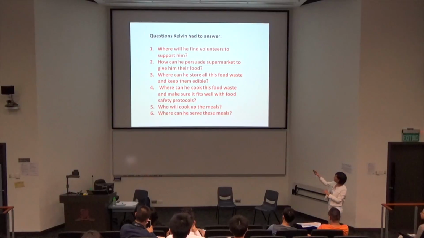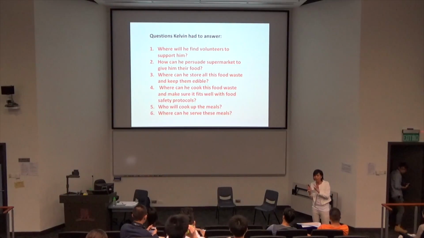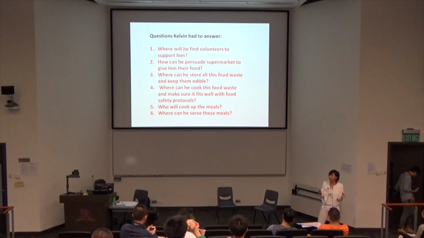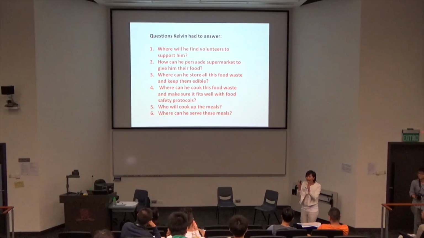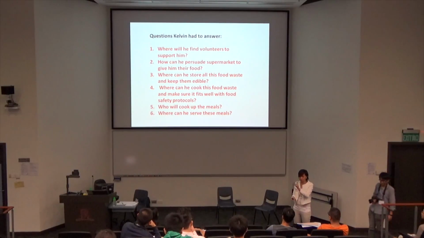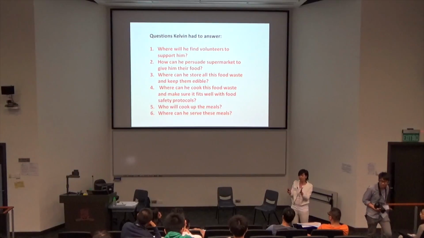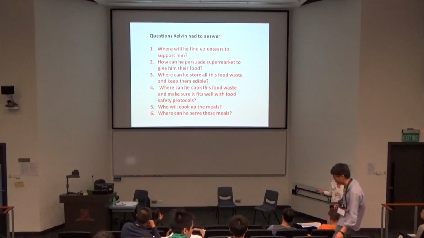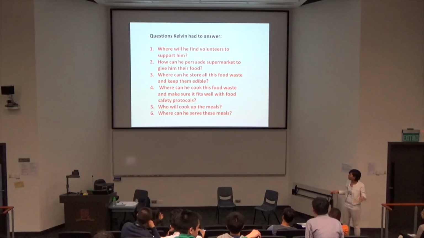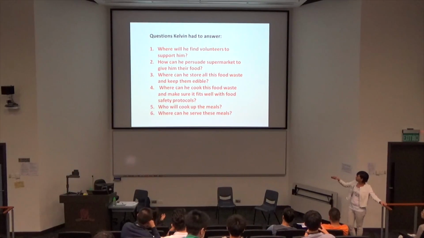So he did that, and by the way, he wasn't a very good cook. He had to figure out how he can turn all that waste into nutritious meals that are good for people. He told me that it took him 8 months before he could come up with the first dish. 8 months of trials and errors, and those dishes were just yucky. It wasn't edible. And so in the end, that's how he created